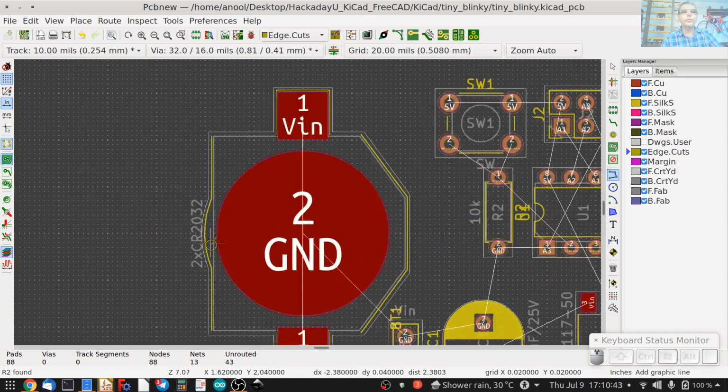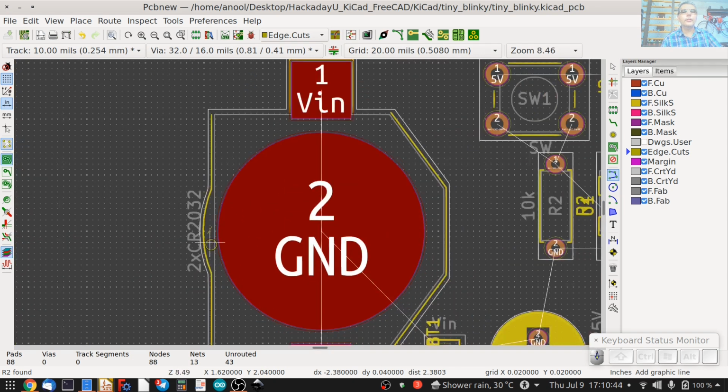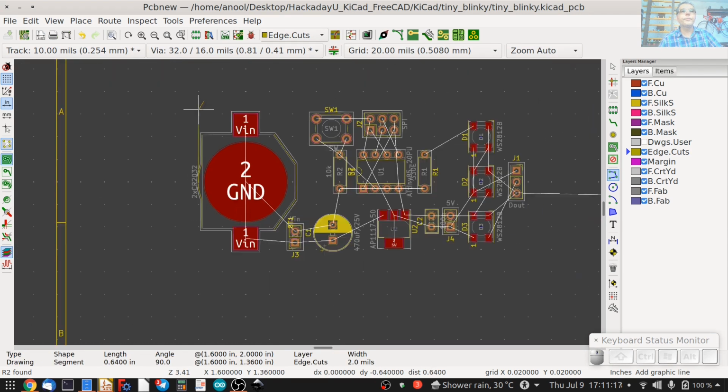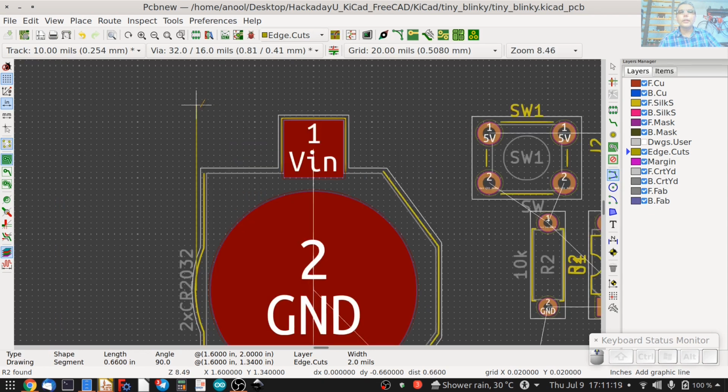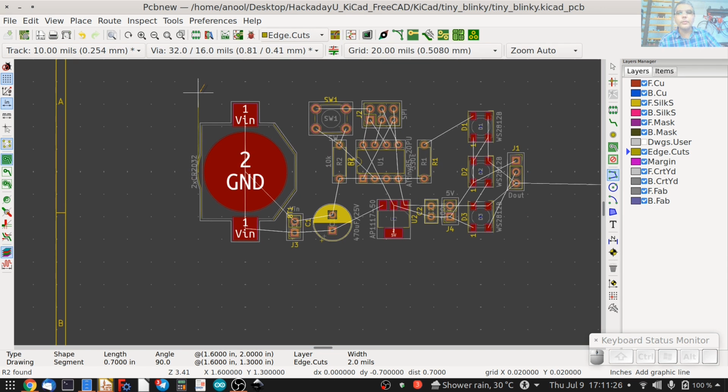So let me move back close to where the battery connector is, at a y coordinate of 2 inches and an x coordinate of 1.6. Let me start drawing my outlines. Let me make this relative 0, and then I can start drawing the outline. Click once, and you can watch the dx and dy coordinates arrive at a suitable dimension.